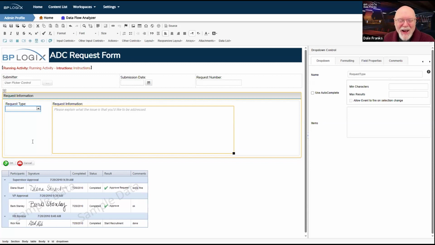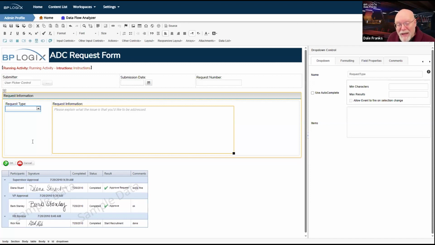But usually, when I create a drop-down object, my assumption is that it's going to be reusable. In other words, I'm going to need it somewhere else in some other application at some time. In this particular instance, I'm not sure that's true.